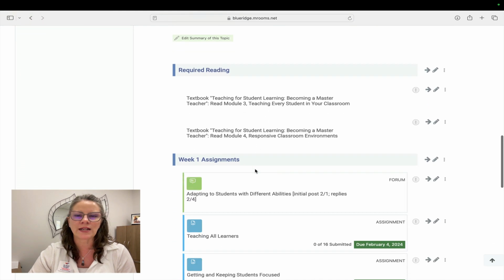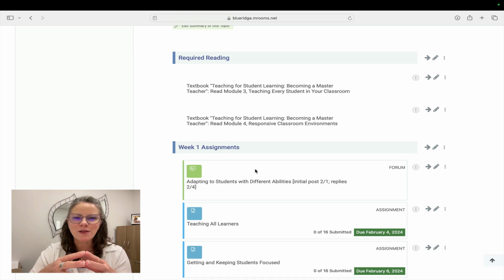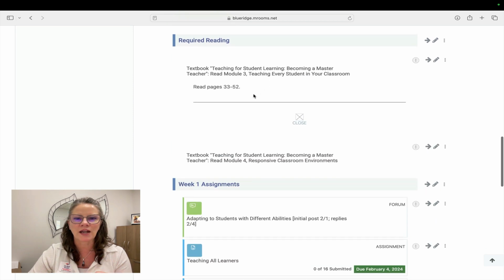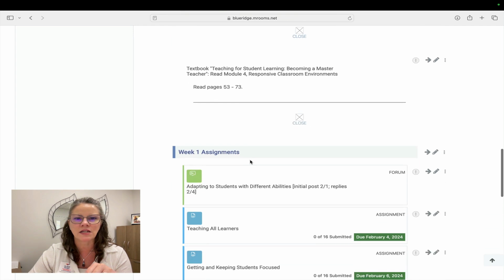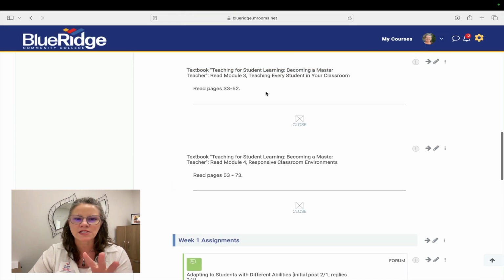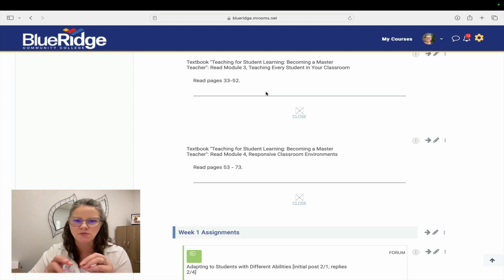Now, this required reading, I get so confused because in the text, the readings are called modules. However, the modules do not align with the modules in our LMS course. So I do get a little confused there. They're not chapters, they're called modules. You have the pages I've listed for your reading. That is a good chunk of reading. I encourage you to spend some time here, really digest this reading. This is where your learning is occurring, and then you're going to have some opportunities to interact with that reading